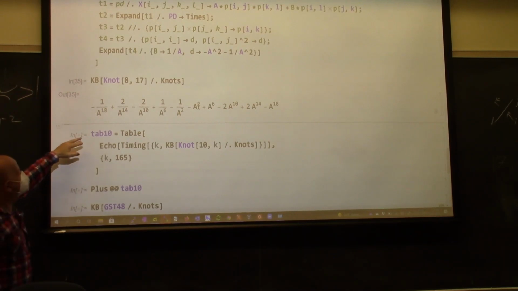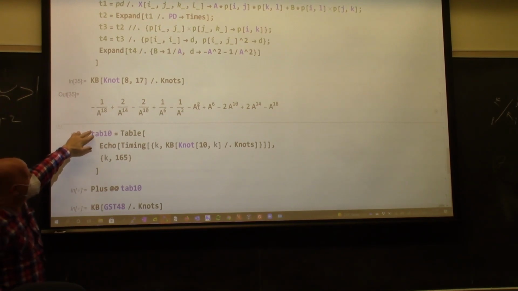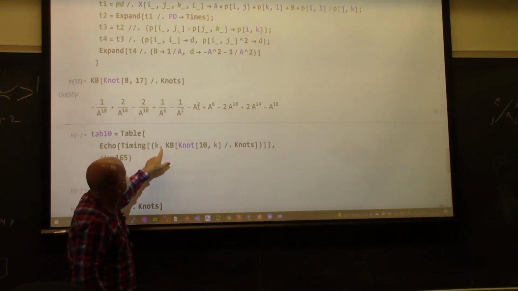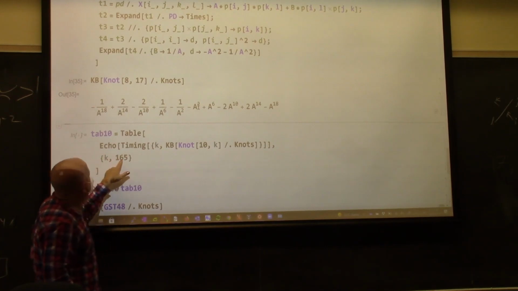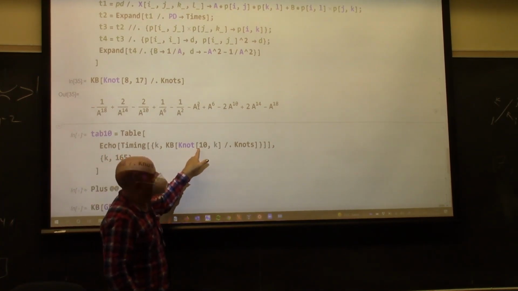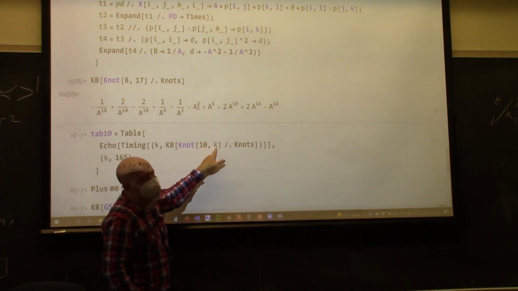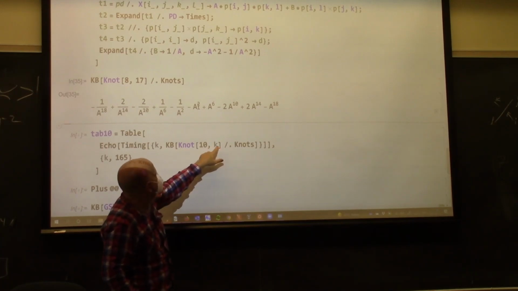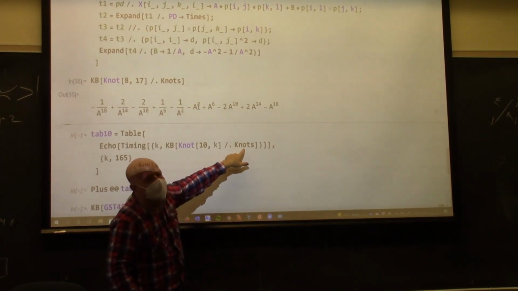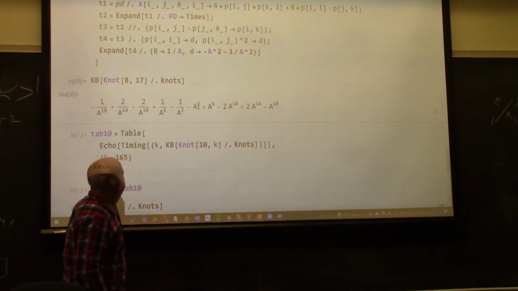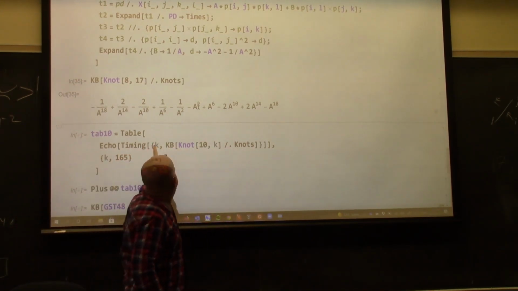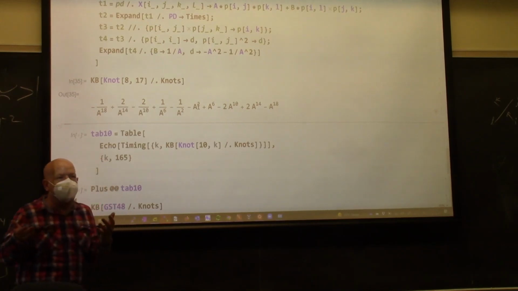And then, for fun, I create a table for each knot, for K running from 1 to 165, for each knot with 10 crossings, so there are 165 knots with 10 crossings. For all of the knots with 10 crossings, I compute the Kauffman bracket of that knot, and in fact, I output not just the Kauffman bracket, but K, comma, the Kauffman bracket, so an ordered pair, so that I will know